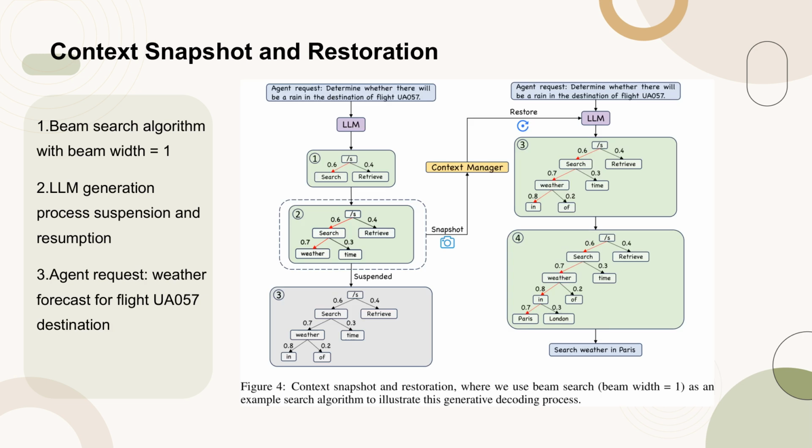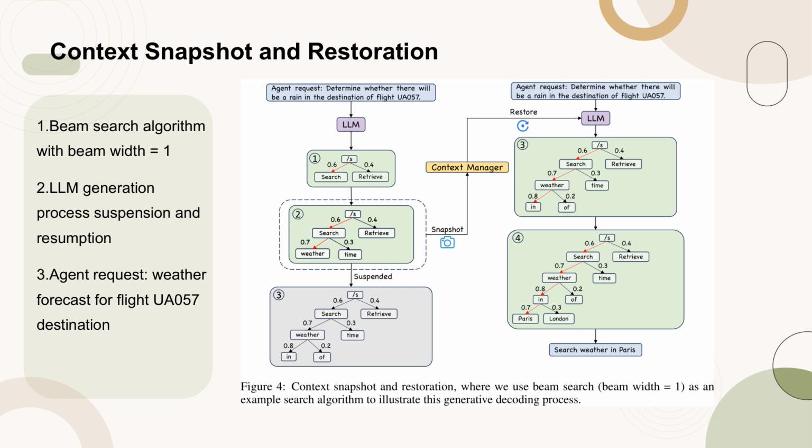Figure 4 illustrates the context snapshot and restoration process using beam search with a beam width of 1. This process is crucial for managing the state of the LLM's generation when agent requests are suspended by the scheduler. The example agent request involves determining the weather at the destination of flight UA057. The LLM evaluates multiple potential candidates at each step, preserving the most promising paths for further expansion based on the